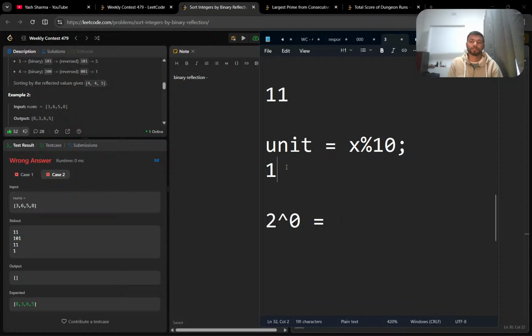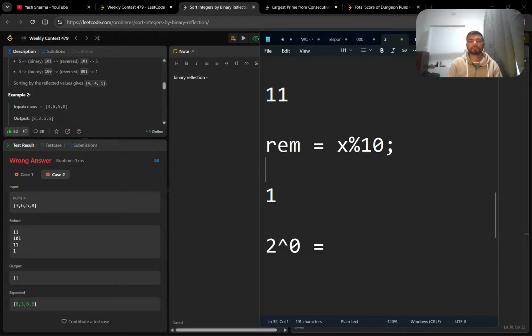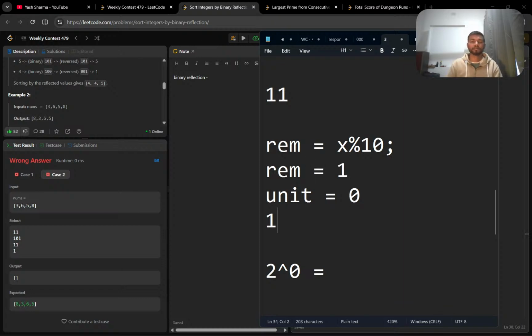So this is not unit, this is the remainder. Unit is 0. So if unit is 0 and remainder is 1, that means whatever the remainder is,